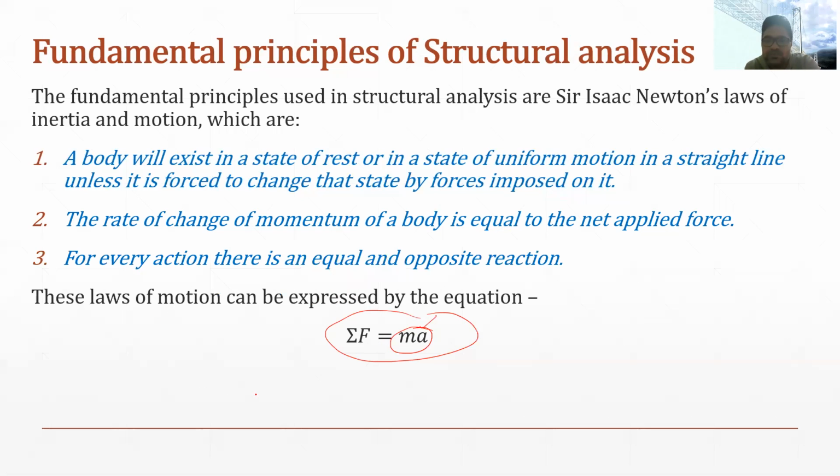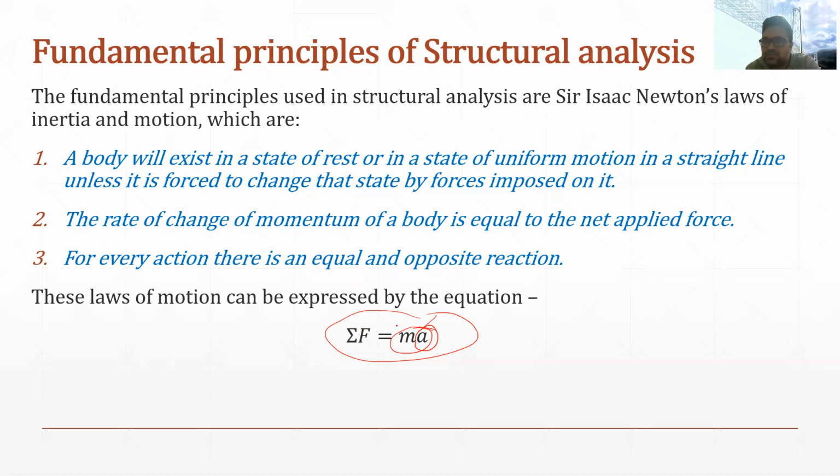But as we are focused on building structures only, we know that this acceleration, or motion, will not occur in our building. Our building is stationary, and therefore all the forces that are acting on our building,